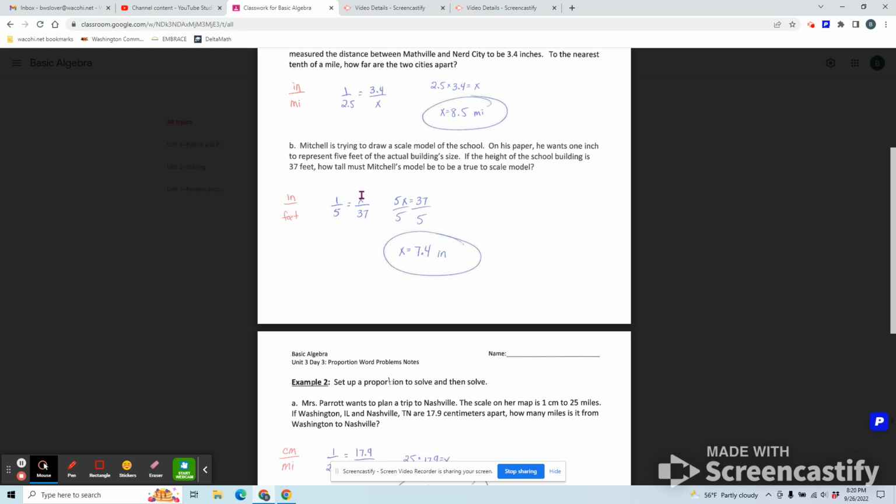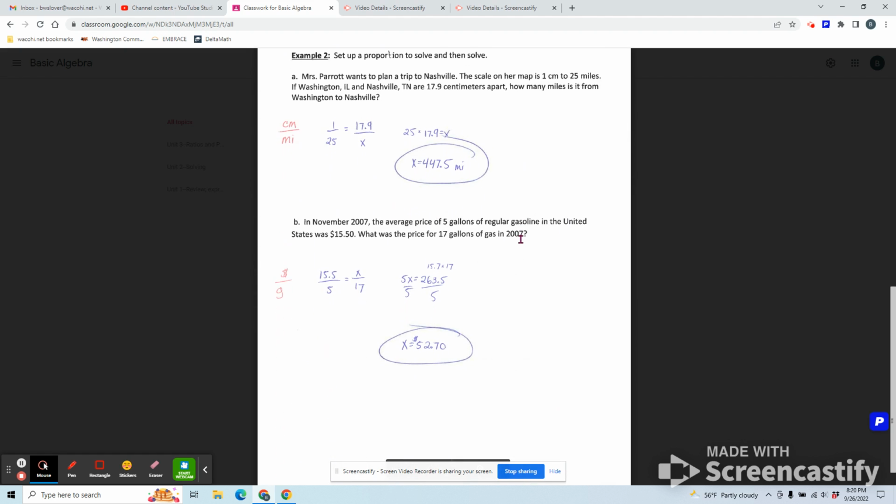From there, once it's set up, go ahead and cross multiply. 1 times 37 equals 5 times x. Divide both sides by 5, and x is 7.4 inches. That seems reasonable. 7.4 inches is a reasonable size for a scale. The other ones are just more questions asking similar concepts. So if need be, go ahead and work through those. If you have questions,